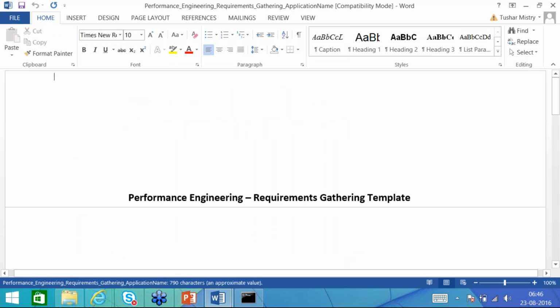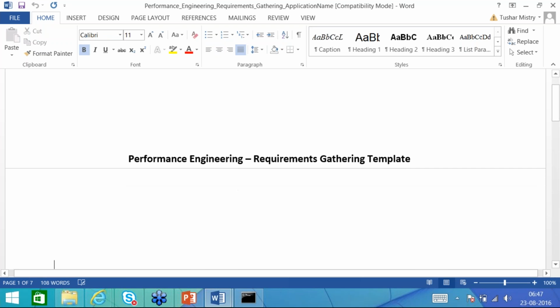document. So you can see this is the default template. It might differ from organization to organization, but the type of questions that we ask the client will somewhat remain the same. Just for your understanding, this is how it goes.